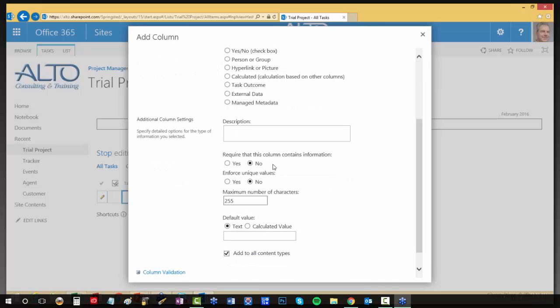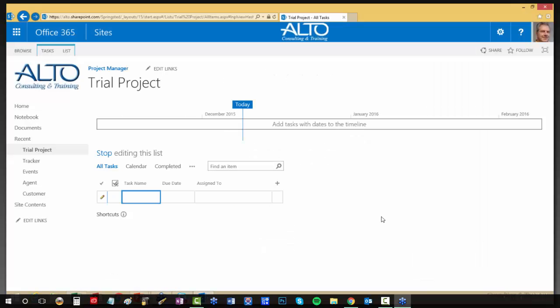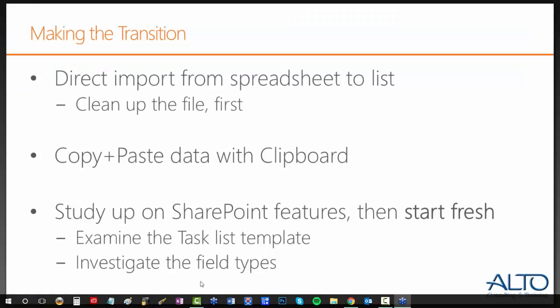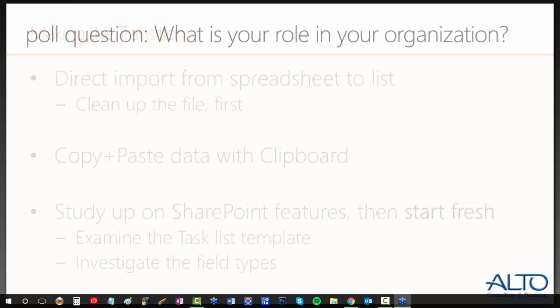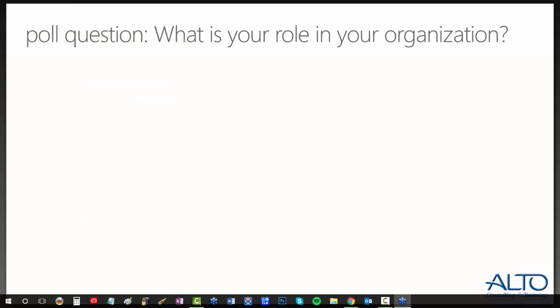We also have different validation information, for example, requiring that columns contain information, making sure that they're unique, setting upper lengths for text and so on. These are all features and functions that are very accessible when you're first getting started with SharePoint that you should avail yourself of. These are things that are not necessarily going to be in Excel, and so you might not be aware that they're there. So be a little curious, poke around and see what you can find. All right, so